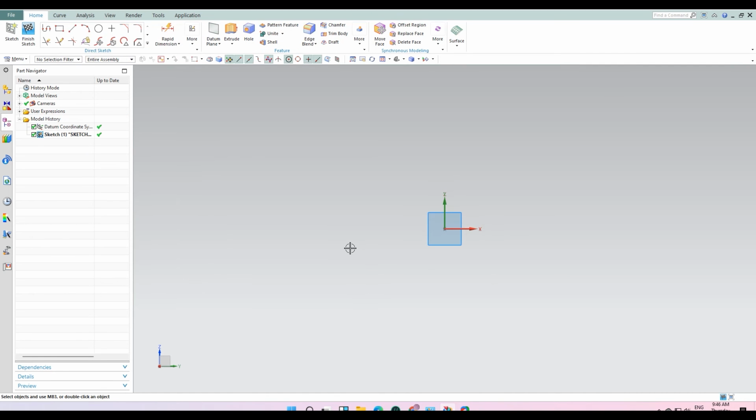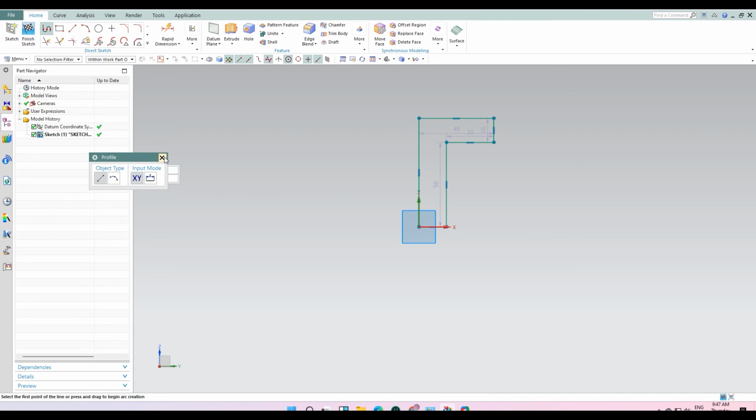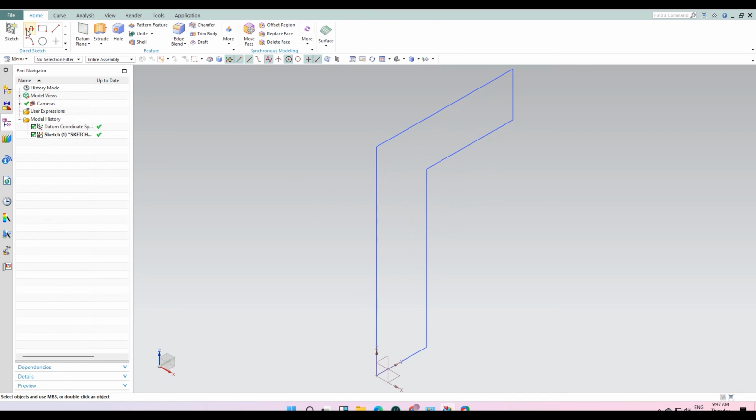Then you need to go to profile and select this one, this, this, and then press ESC. It is done. Then finish sketch, then end option.